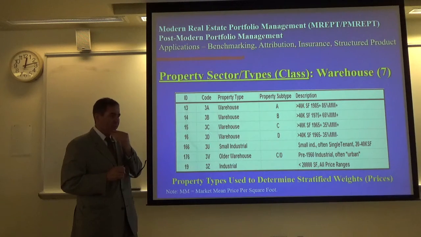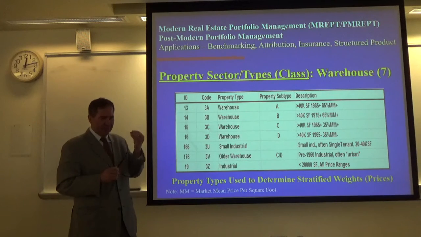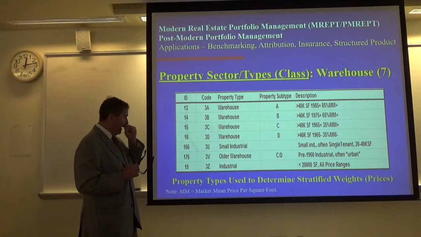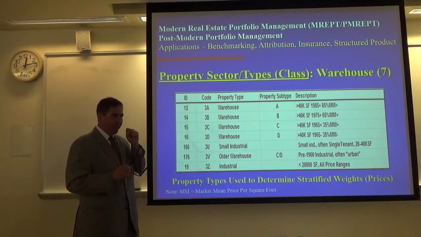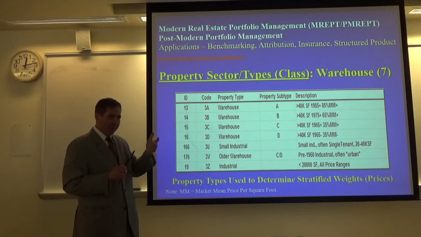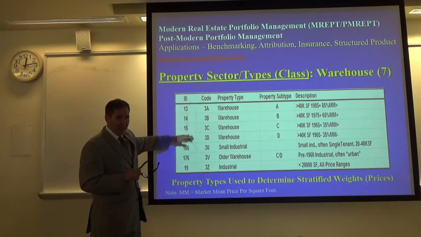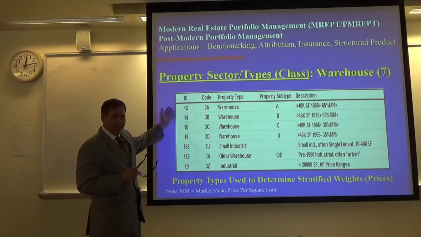Then what we did was we coded all of the data, so every single transaction that came through the system was coded, all the way down to the zip code level, the property type or the classification of the quality of the building, and then the geographic location, and the property sector, property type, geographic location. And these were the sectors that we had identified. This is just the industrial.